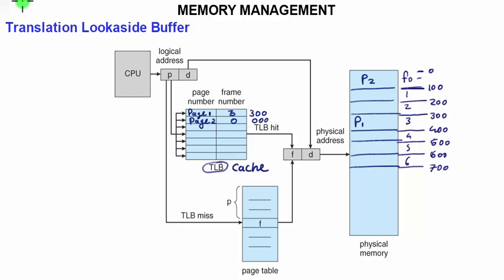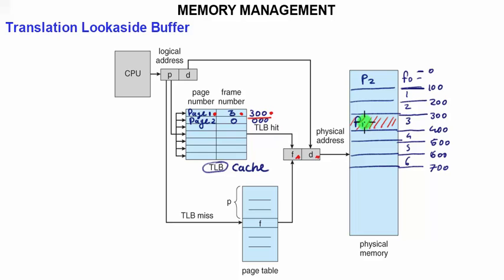Later on, after a while, again somebody wanted page 1. Then first, page 1 would be searched in the TLB and would be found, and one will find the base address needed, that is 300, which is directly added to the offset needed within the page, and access to P1 would be granted. Now this happened very quickly without doing much of a lookup.